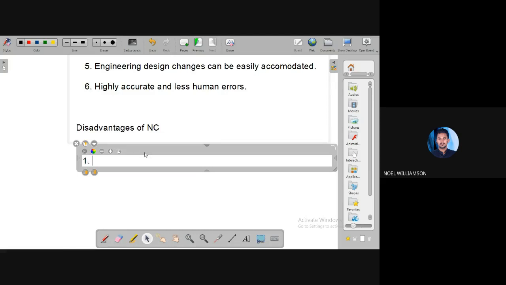First one is regarding the machine cost. Machine cost will be high.